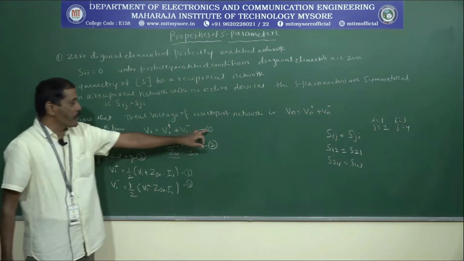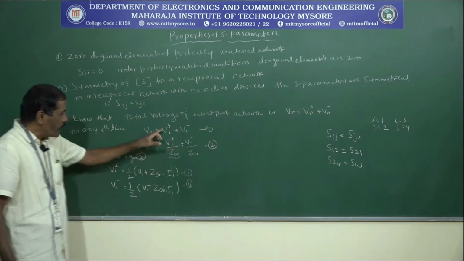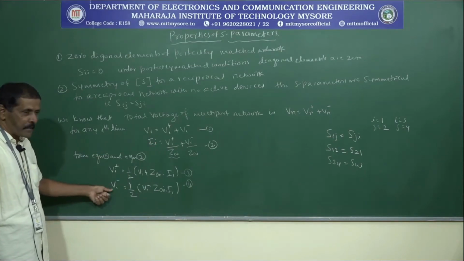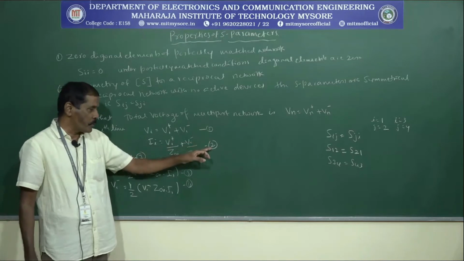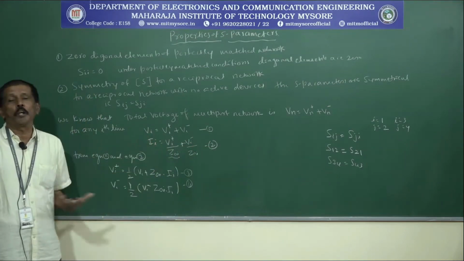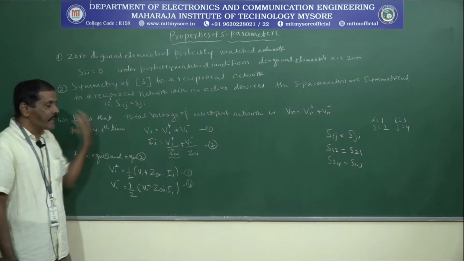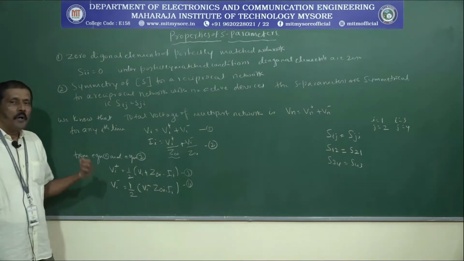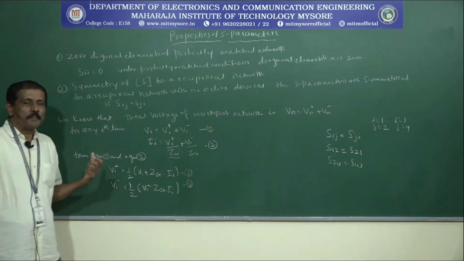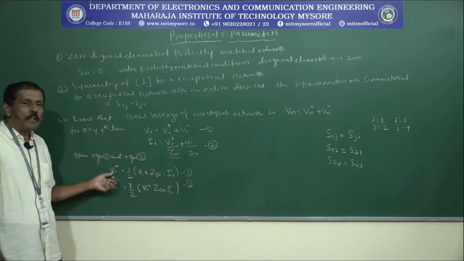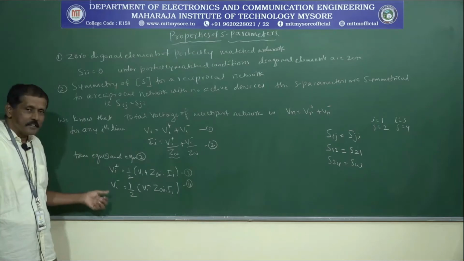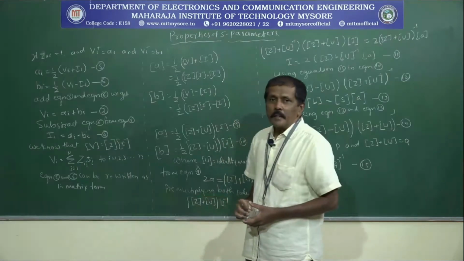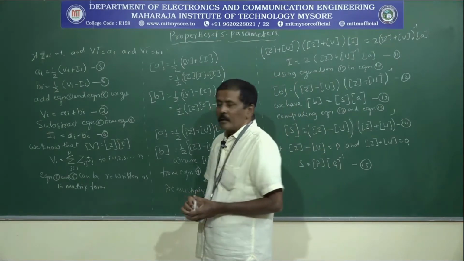From equation number 1 and 2, we simplify to get the incident voltage and the reflected voltage, because in equations 1 and 2 we are getting the total voltage and the total current across the lines, but we want to know what the incident voltage is, what the reflected voltage is, what the incident current is and what the reflected current is. After getting equations 3 and 4,